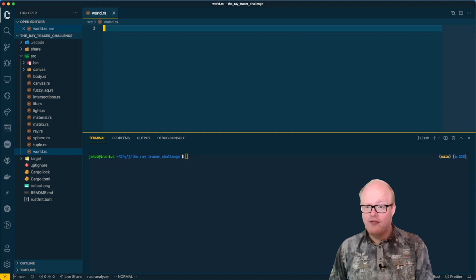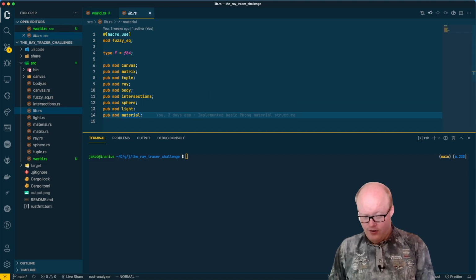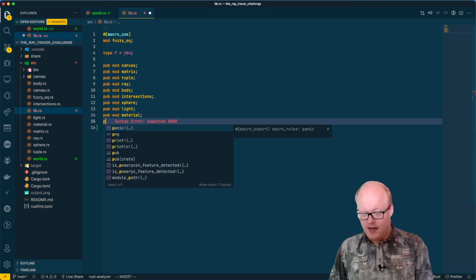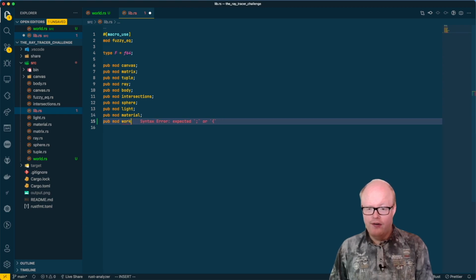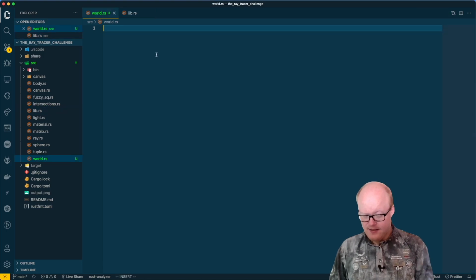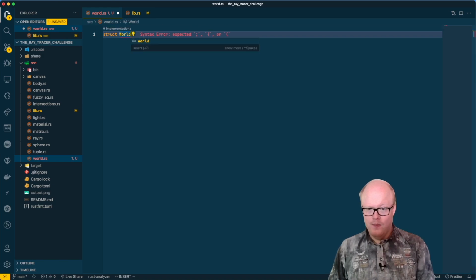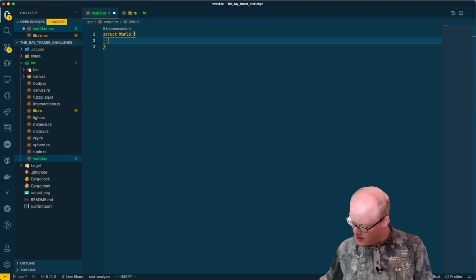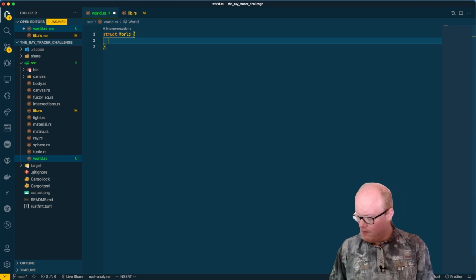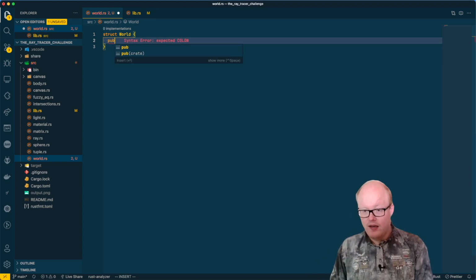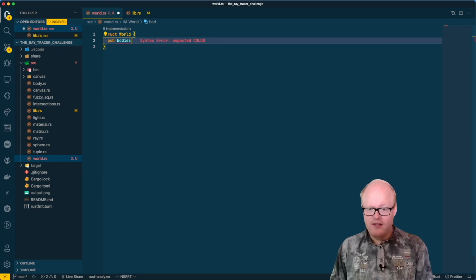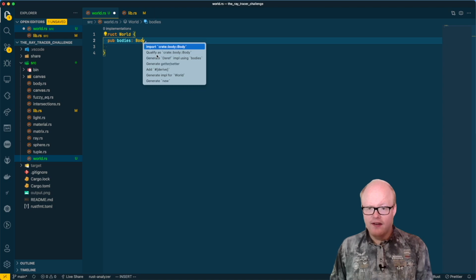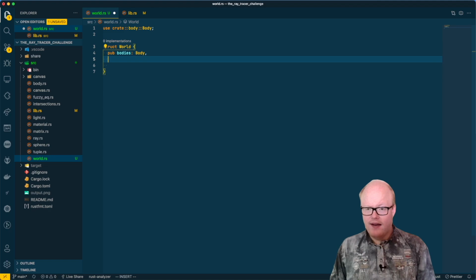Let's create a world.rs file. Let's remove the console here. Let's include it in our library so that it is compiled, and then let's start by defining a struct which we call World, which will then hold, according to this book, objects which we called bodies in our system, and a list of lights. So yeah, I guess we can do that as well. So let's do that. We have a list of bodies, which are essentially a body. So let's import that. And we have a list of lights, which we call